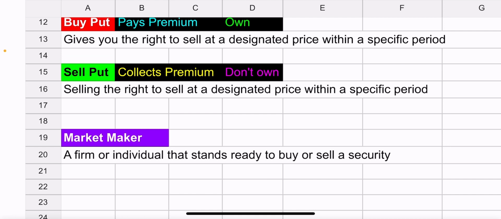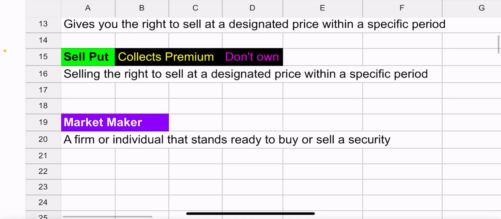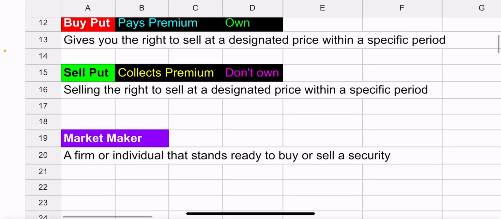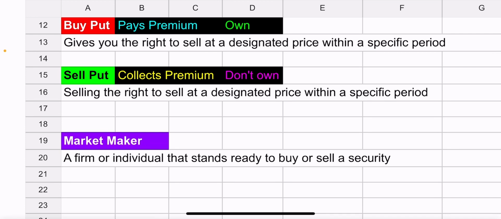Typically, these are people that work in the banks and the brokerages. Market makers, they're a firm or individual that stands ready to buy or sell a security. They're the ones that actually make the decision on how much a transaction should be. So there's always going to be options as long as there's market makers, because these brokers hire these experts who sit there all day and make moves and moves and moves, and they hope they're right. Maybe they are, maybe they aren't. I don't know, right? But yeah, that's who's on the other side.